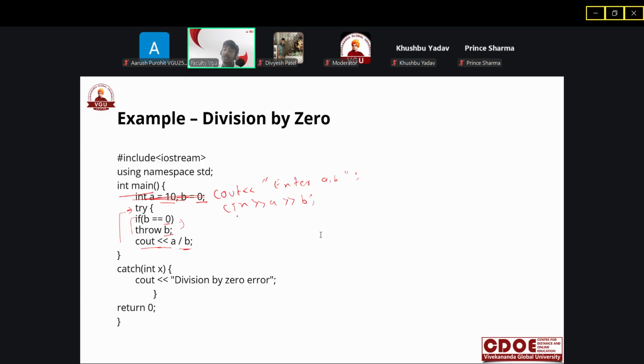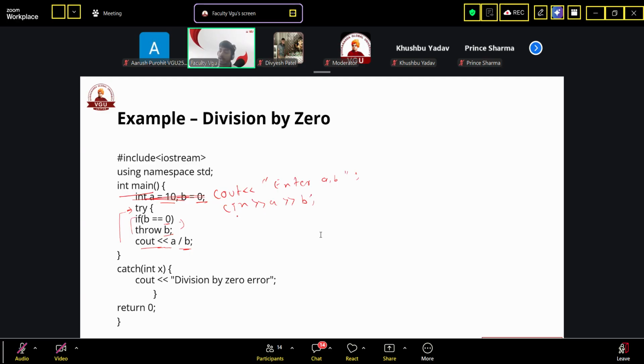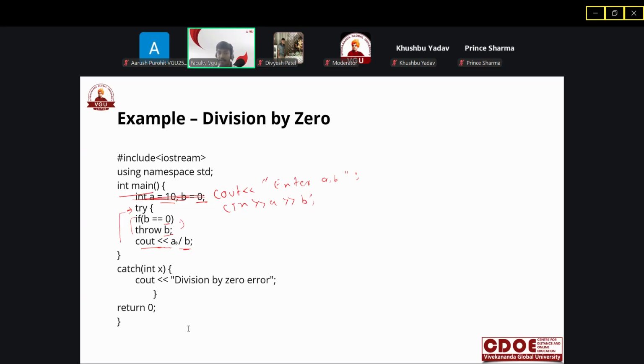The user can enter any kind of thing, so here we are preventing errors by writing our code like this, so we will not get any kind of runtime error.